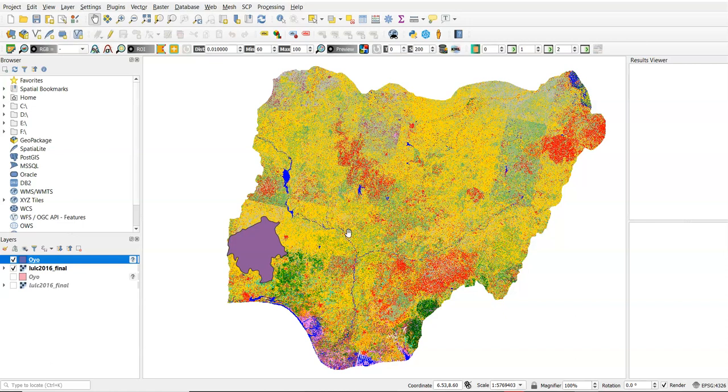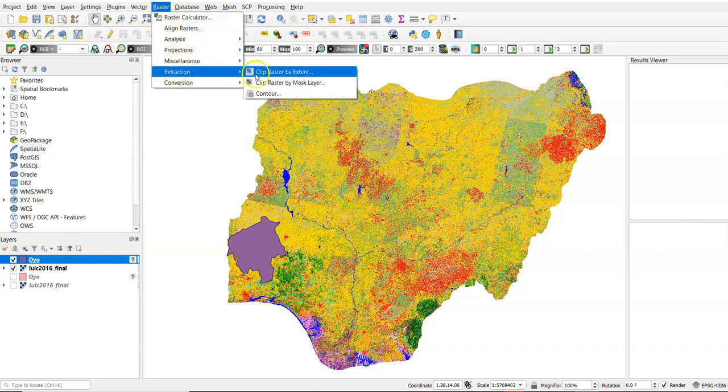The same thing you can do with the raw Landsat composite image, you can do with a classified image like this. So you go to the Raster menu, and under Extraction, you have Clip by Extent and Clip by Mask Layer. We are going to first use Clip by Extent.